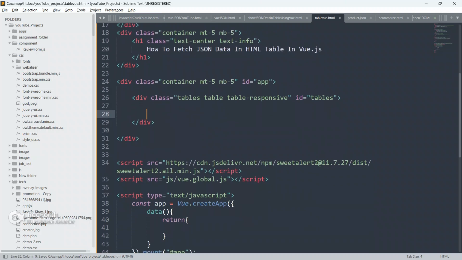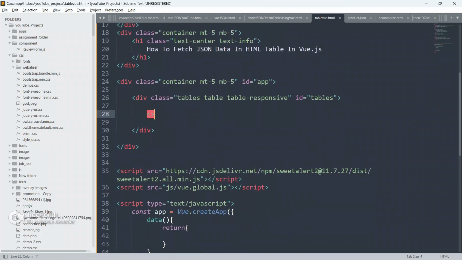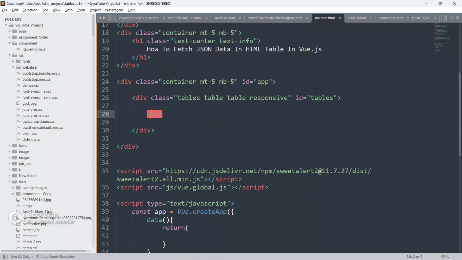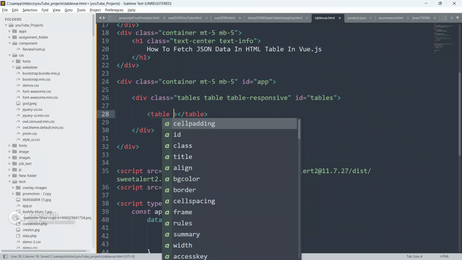Close this div first, and inside this div I'm going to create a table element. Close this table first.